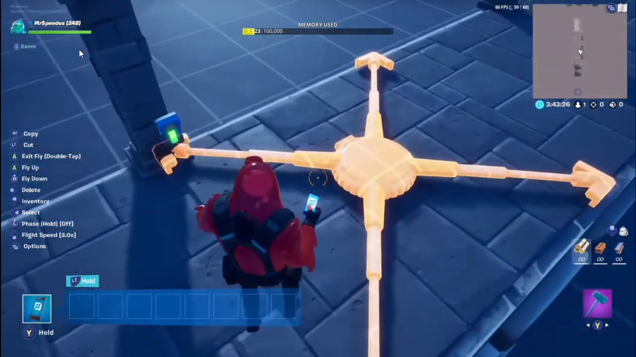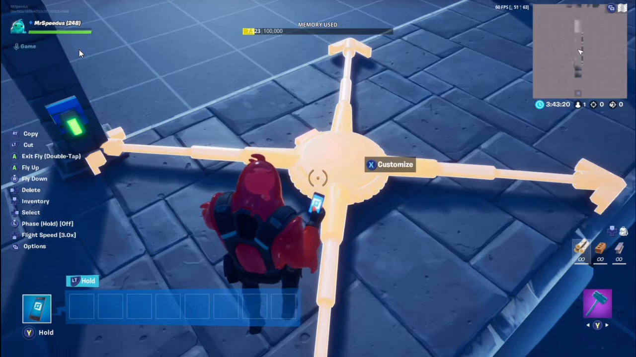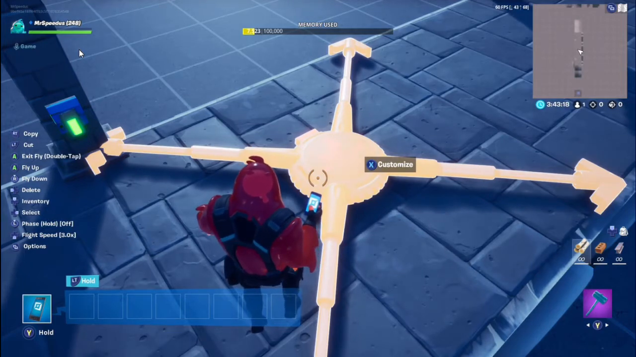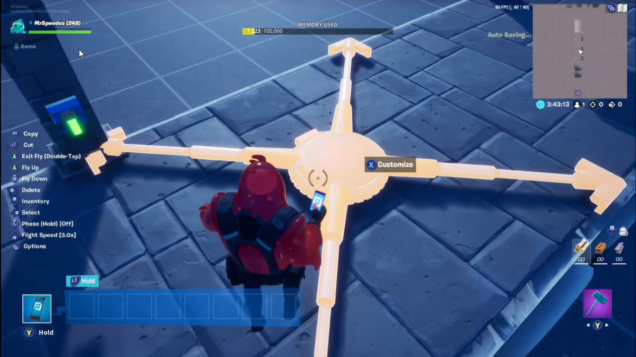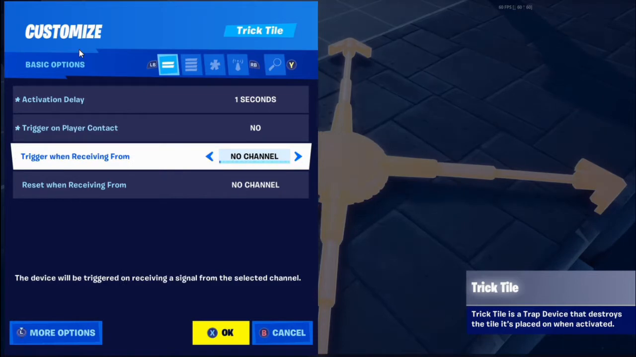Now we need to turn off the player activation attribute on the trick tile trap. So again, if we go into the attributes, customize, and open up the list of attributes, we need to switch off trigger on player contact. We don't want the player to open it up this time. We don't want the player to activate it. We want it to be done from a button, and we want it to trigger when it receives a signal